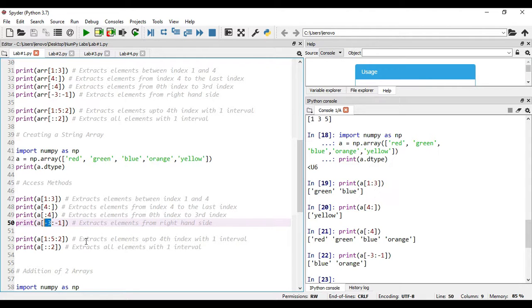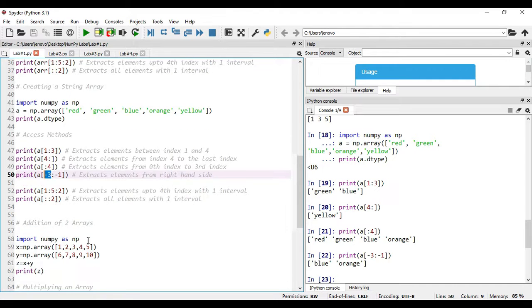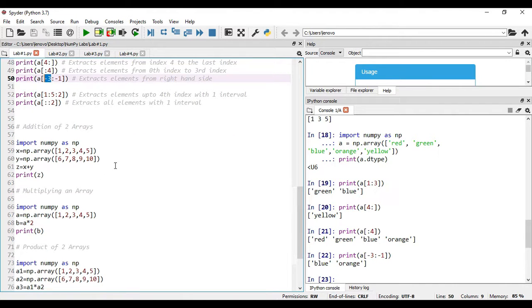If you understood how to extract even the string based array elements, then we will go for addition of two arrays, right? As we know, it is a very simple operation to perform addition between two numbers, right? To do such things, Python provides the simplest way of writing the code, right?